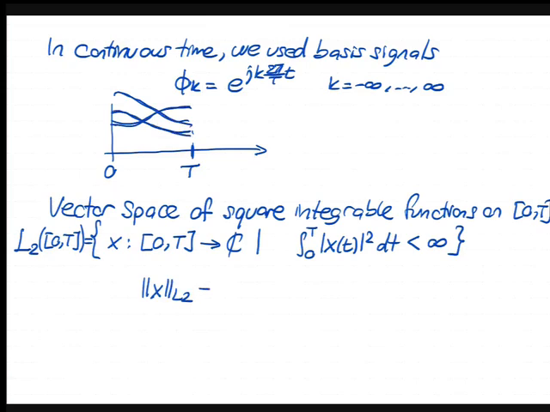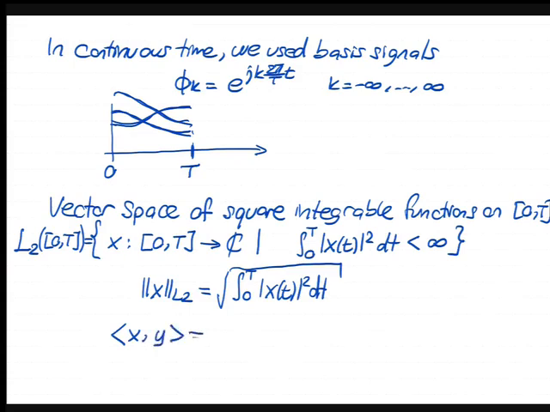And the norm of each one would be defined as the integral from 0 to T of |x(t)|^2 dt. By definition of this space, this is a finite thing, right? And I take the square root of that, and that defines a norm in this vector space. All right? In addition, I can go beyond just defining a norm. I can also define an inner product. I can take two signals, x, y, and define an inner product in this form: integral from 0 to T of x(t) y(t) star dt.